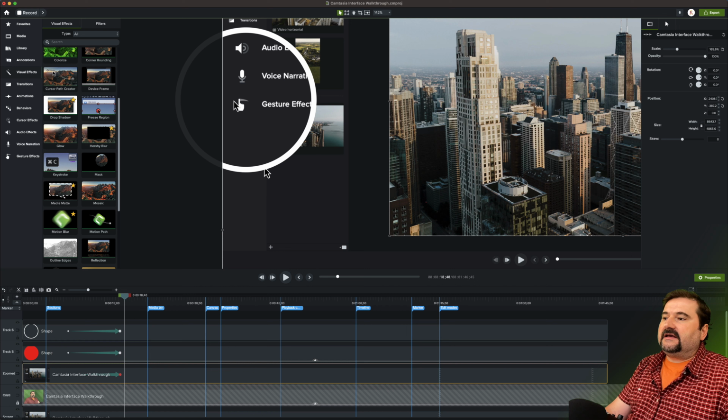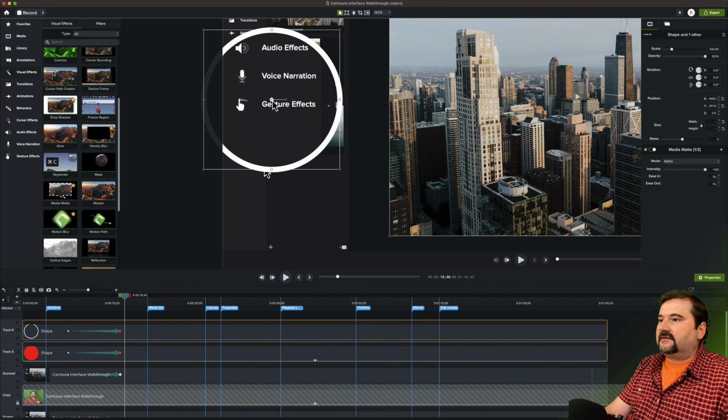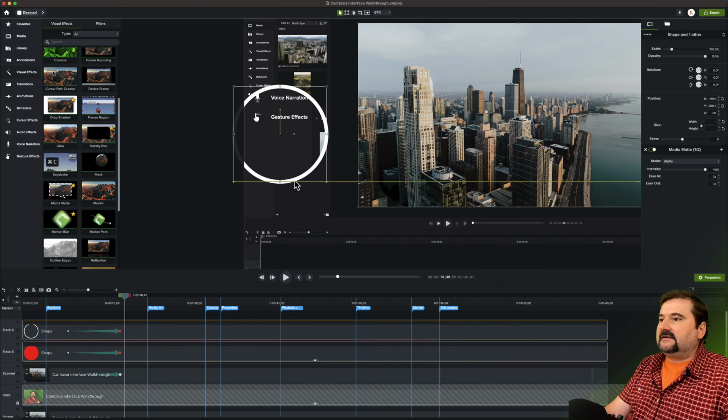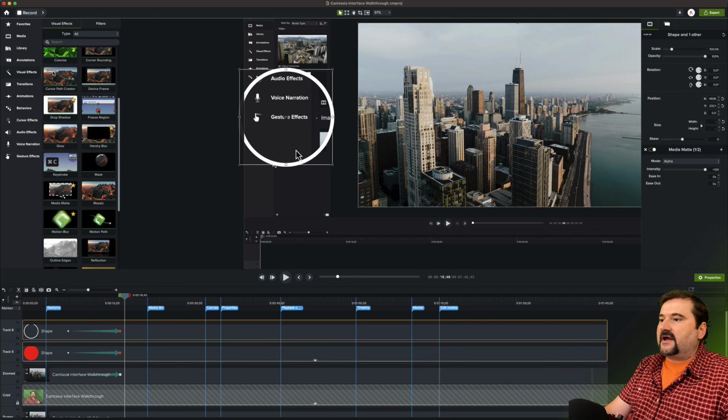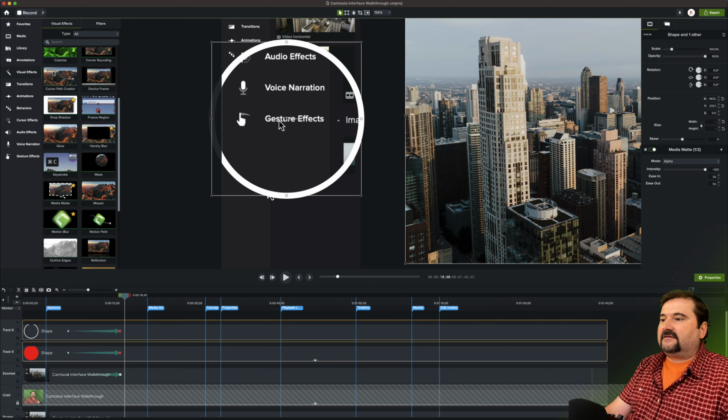If you want to pull in your zoom, select both of these tracks and move them in the middle like this, just so you frame everything nicely on the screen. Yeah. So when you're happy with the placement, here we go. So now you see this gesture effect is zoomed in.